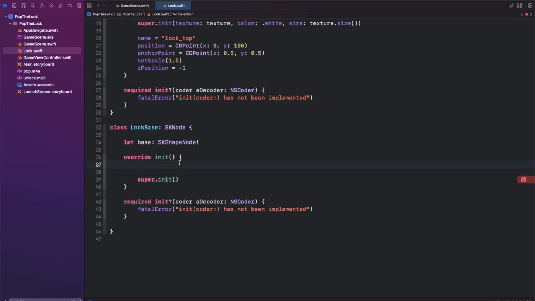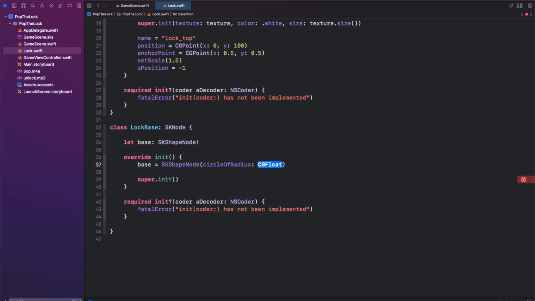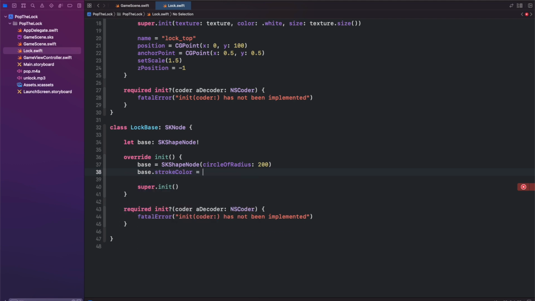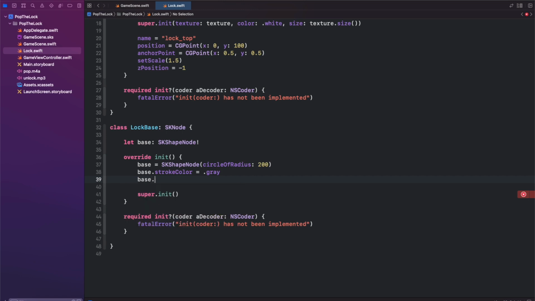So let's do that now. Base is equal to SKShapeNode, and this is going to be a circle of radius 200. We'll set our base.strokeColor to be .gray, and base.fillColor is going to be equal to, we want to